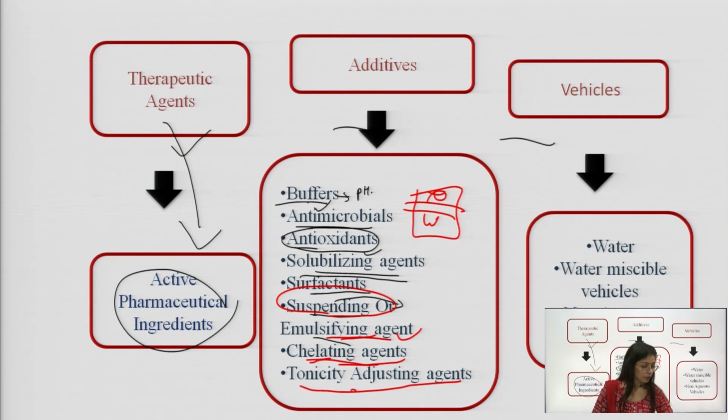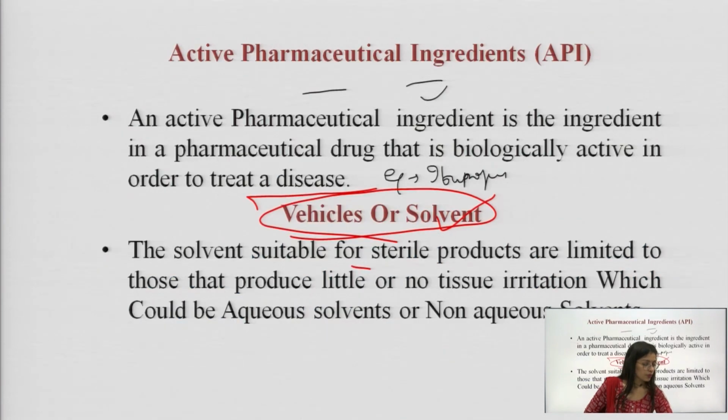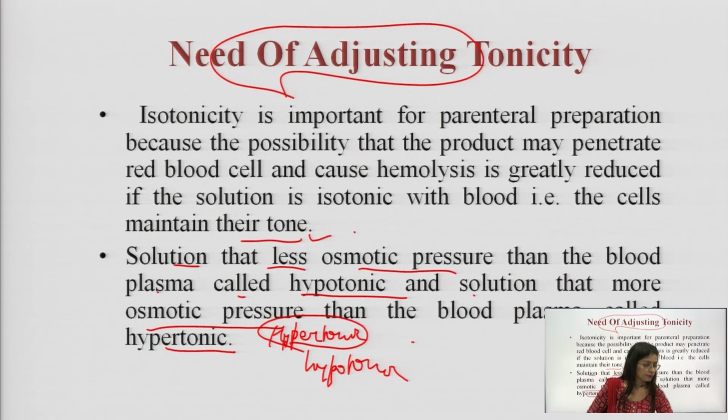then there is no use in providing that medication in the formulation. Tonicity adjusting agents play a major role, because if you are not adjusting the tonicity, it provides hindrance to your medication when it is being incorporated inside the human body or systemic circulation. So this was all about the topic that you need to think about.